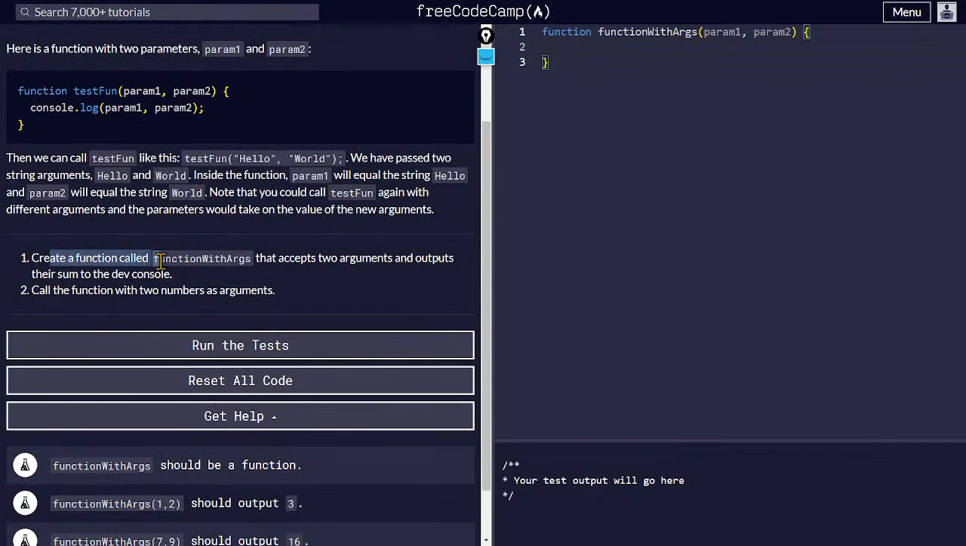Create a function called function with argument that accepts two arguments and outputs their sum. How we can output their sum is return param1 plus param2. It will return the result of this from the function. So if you call the function with these things, we are calling the function using these two. If you run the test,